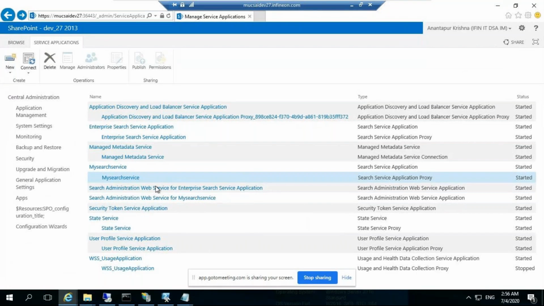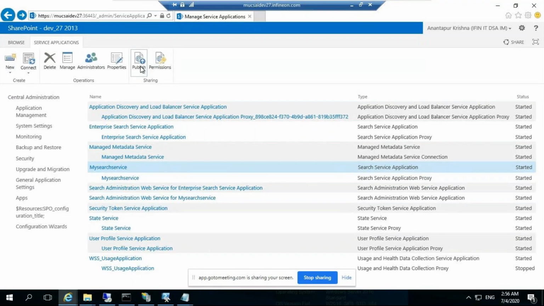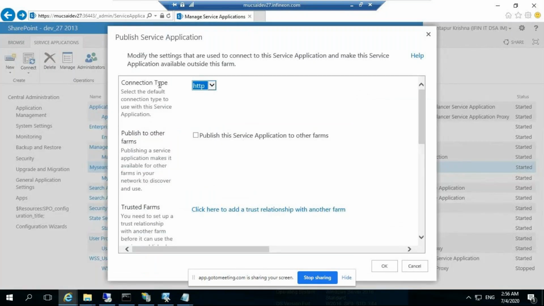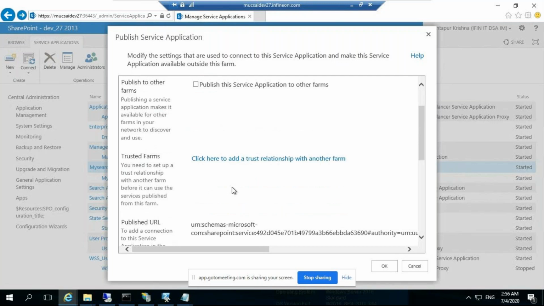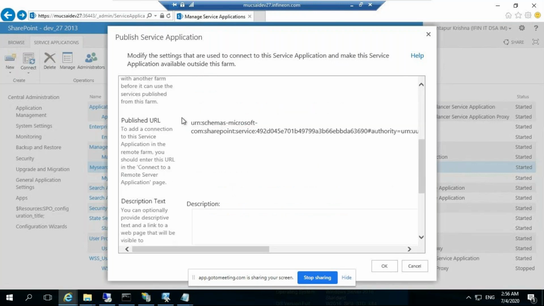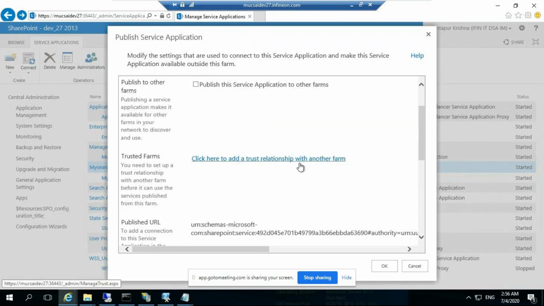Just select this and publish. The connection type, you can select HTTP or HTTPS, publish to other farms. We need to enable that, and whatever trusted farms there are, we have to add the trust relationship with the other farms.